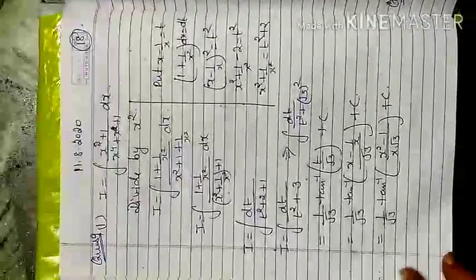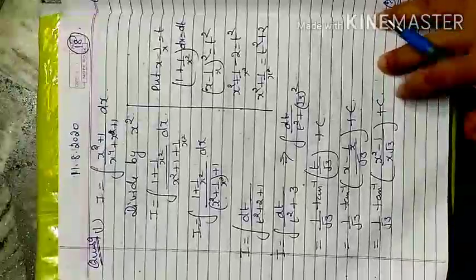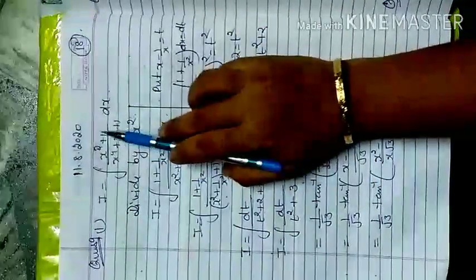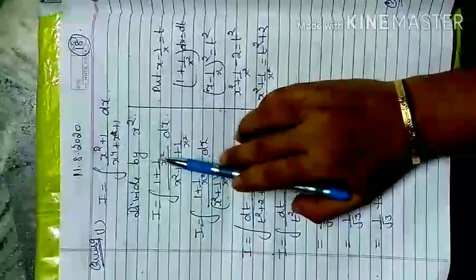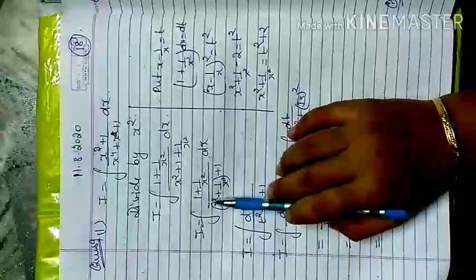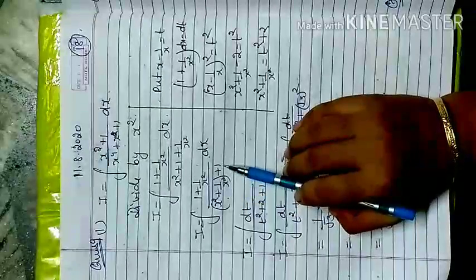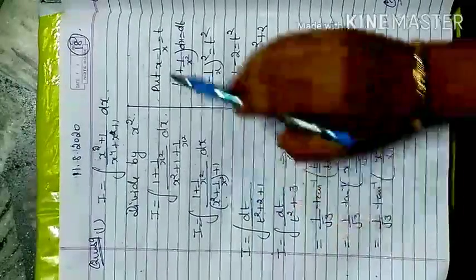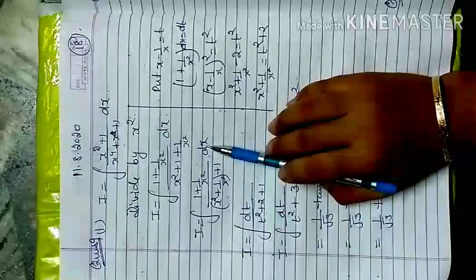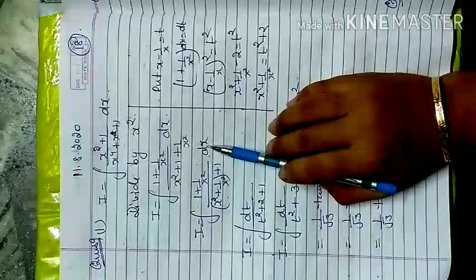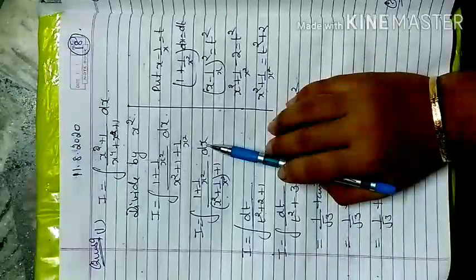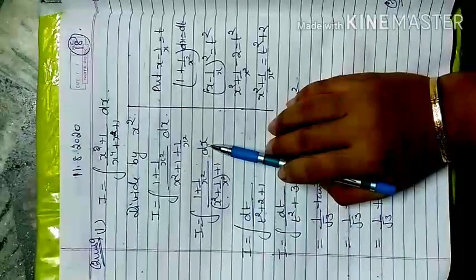Next is your 9th question, first part. So here, again this type of question, x square plus 1 over x^4 plus x square plus 1. Divide by x square: 1 plus 1 by x square over x square plus 1 by x square plus 1. Keep x square plus 1 by x square aside, and keep the constant term 1 aside. Now you want to remove this numerator, because I want only the denominator in the form of x square minus a square, or a square minus x square, or x square plus a square.